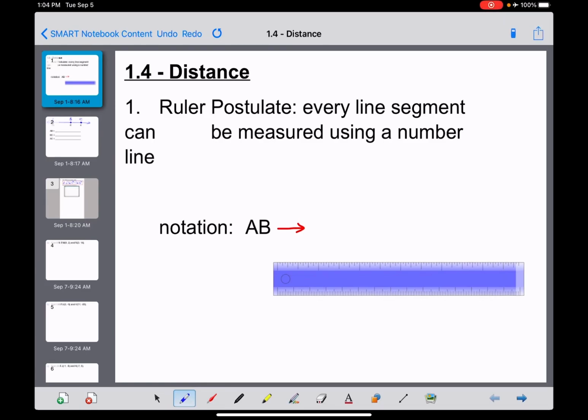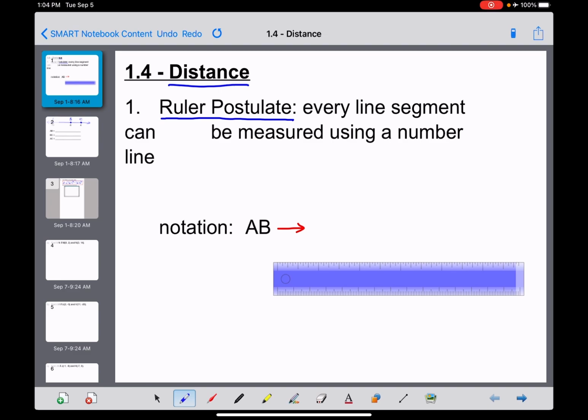Okay, geometry section 1.4 is all about one word, and that word is distance. And we're going to learn how to measure distance in two different settings right here. But we begin with something really simple and basic called the ruler postulate. This is not something you guys really need to write down, but it is just kind of a chance for